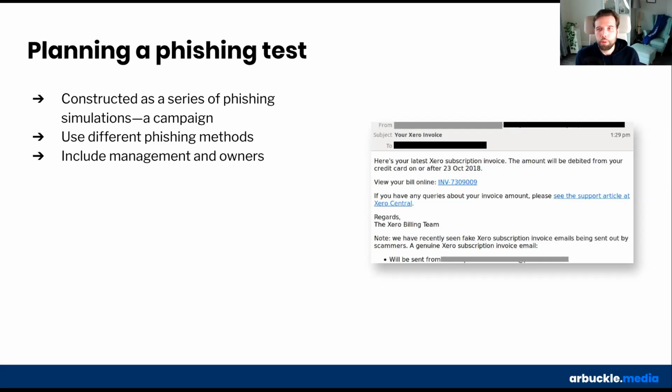Your campaign should be progressive in terms of difficulty. First test should be fairly simple to identify, simple text, broken grammar. After that, try various angles and different levels of subtlety in your tests, as we'll talk about. And again, build up the credibility of the threat over time. Utilize different methods of phishing to give employees multiple opportunities to learn and keep them on their toes.